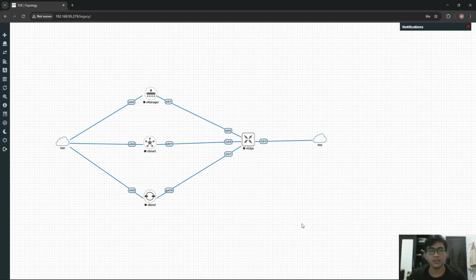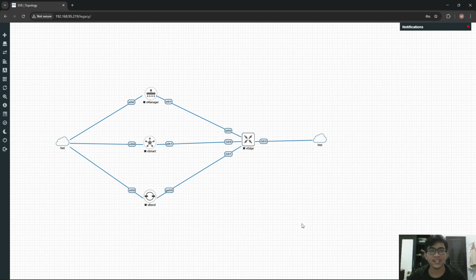So those are four better things about SD-WAN over traditional networks: centralized management, application aware routing, better security, and scalability.